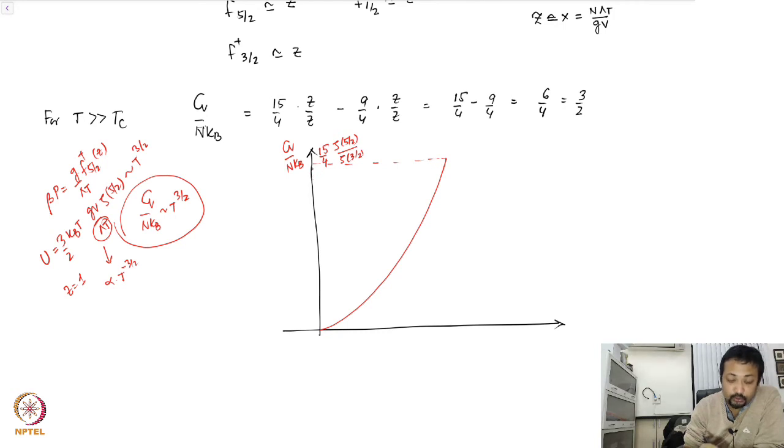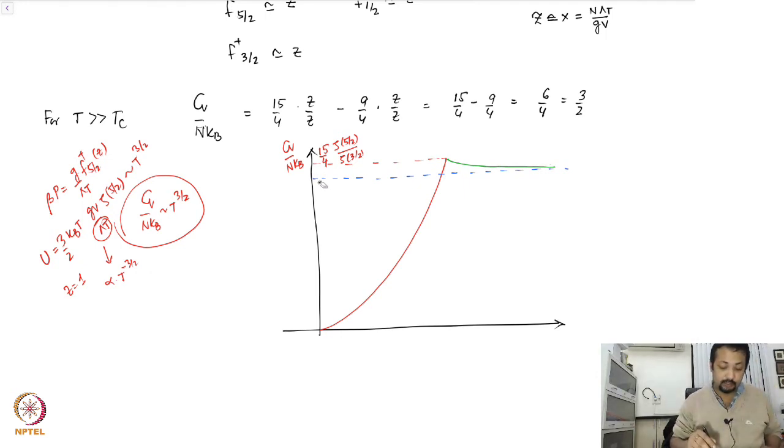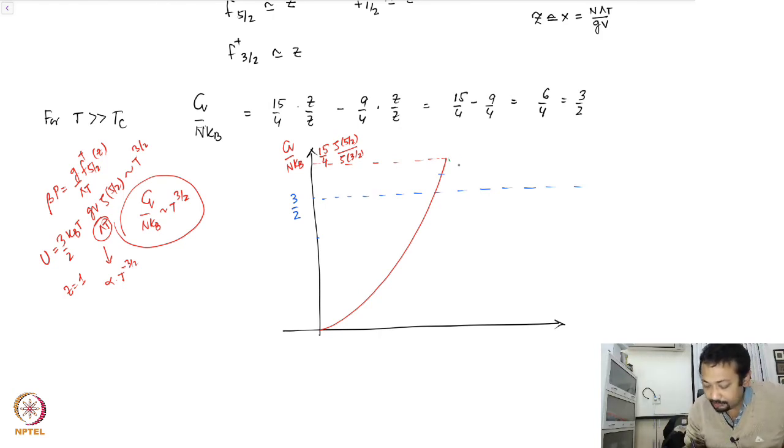And that is roughly 1.92, and yet we have another value which is 3 by 2, and that is the Dulong-Petit law. And then, well, it looks a little ugly, so I think one has to be careful now. Let's draw it a little bit to scale. So this is roughly 2, and therefore this distance is 2, means this distance is 1, and therefore I have 1.5 as this. So this is going to be 3 by 2 approximately, and therefore one expects that the high temperature curve